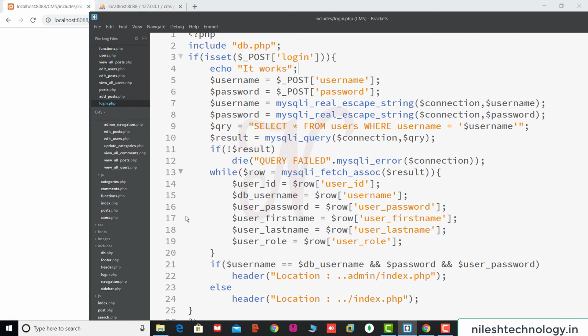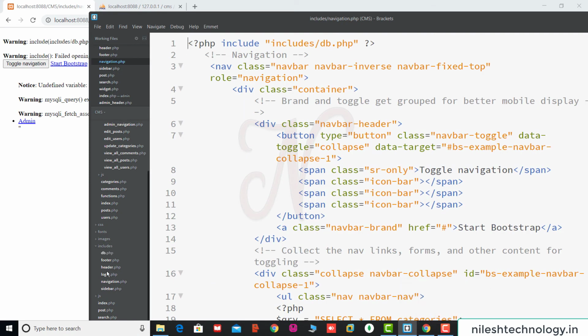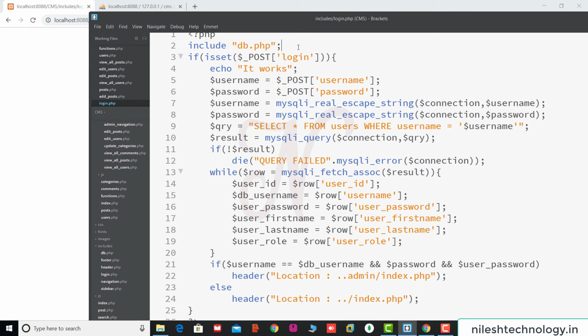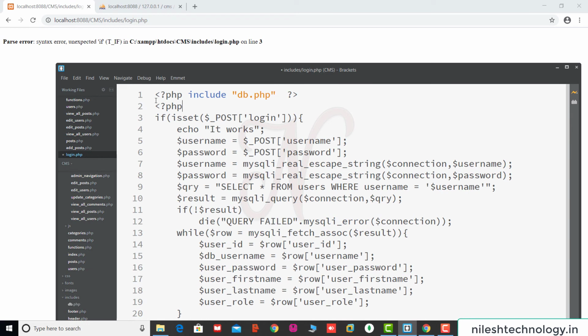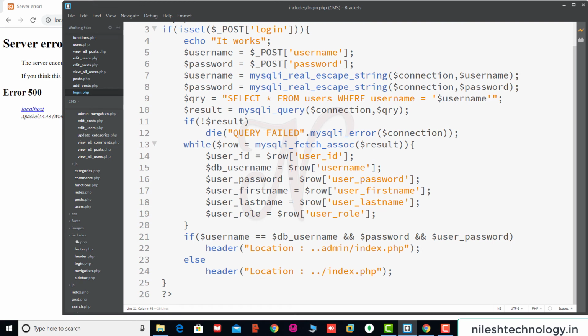Okay, now we test again. So again going to this login.php file. So in this login file, oh, I think there is no semicolon here. So this file is separately in a script, and here we again start a new script. Okay, fine. So sorry about that. Here this is the equal. So this username is equal to the database username, and this input box password is equal to the text box password. So sorry about that. This is my typing mistake. I forgot about that. Okay, so save these changes.